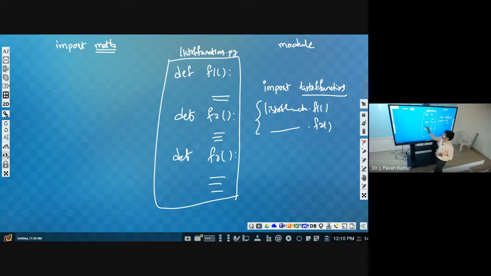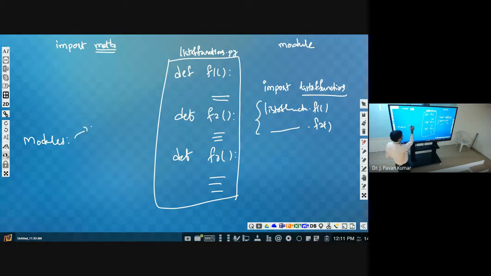And coming to this, as we have seen with respect to functions, we are having two types of functions: predefined functions and user-defined functions. In the last class, we discussed predefined or built-in functions. These are user-defined functions. We are defining them. Predefined functions in the sense already exist, like sqrt, print, input, int, float. These all are predefined. So here also modules can be of two types. One is predefined, another one is user-defined.